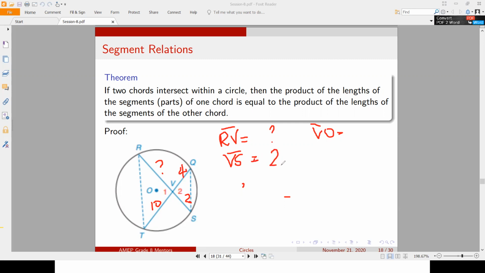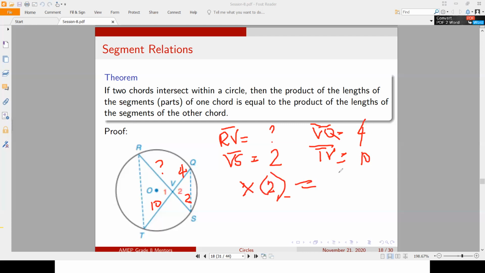2 po. Ang VO, 4 po. BO, sorry. BQ pala to. Anong BQ? 4 po. And the other one is TV. 10 po. So, that will be x times 2